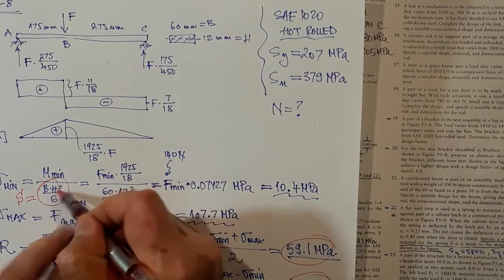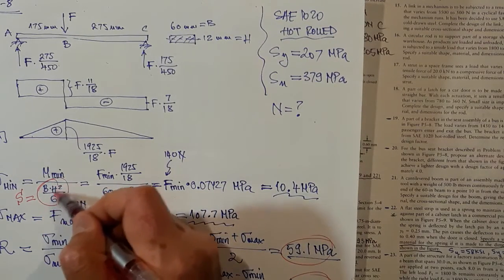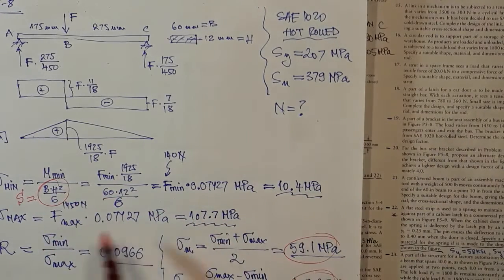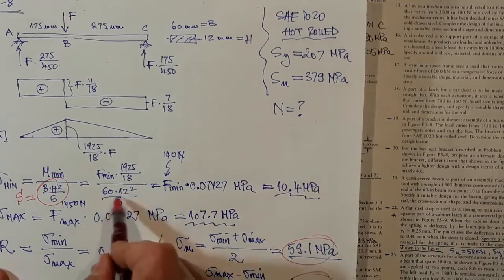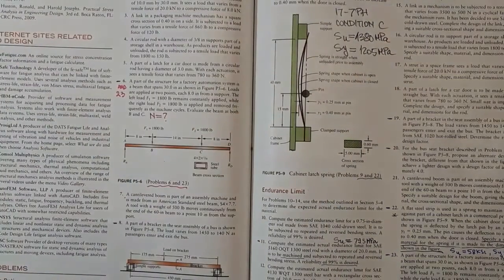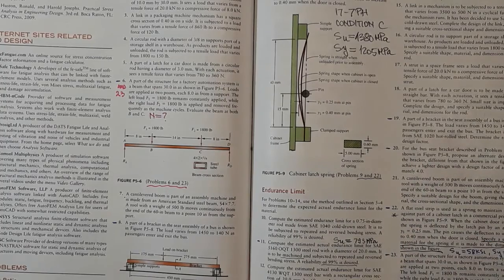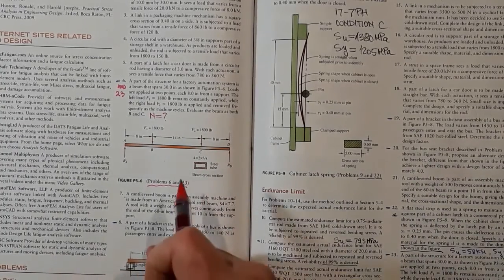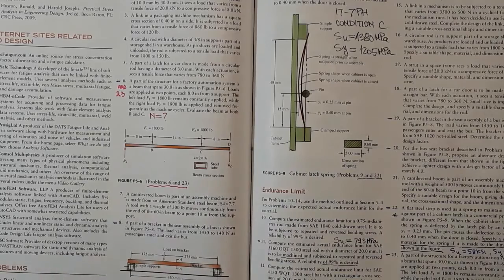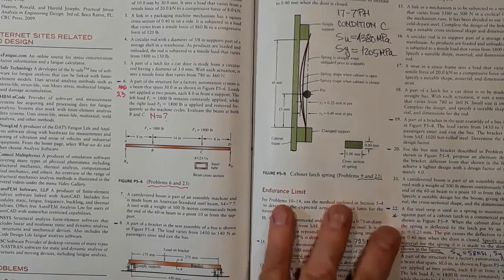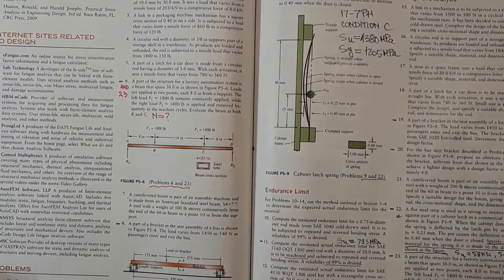The bigger H, the bigger the section modulus, the smaller the stresses would be. So a quick answer to what problem 20 requires is to just increase the thickness and reduce the width of the beam,